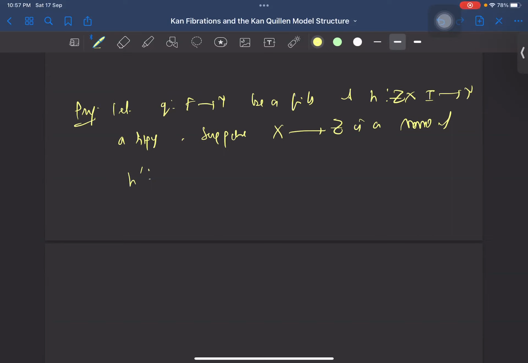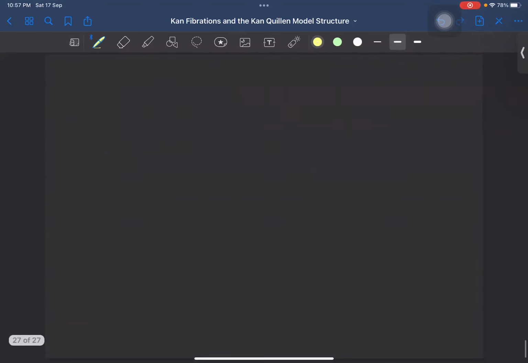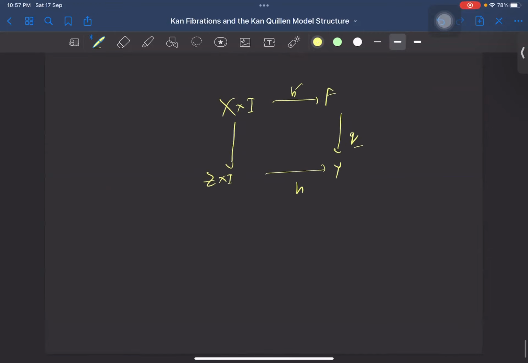If it is a mono, then there exists a lifting of H to F, which is the following. Let me draw the diagram real quick so that it'll be clear. This is the lift. Remember, this is a fibration. This commutes. Now further,